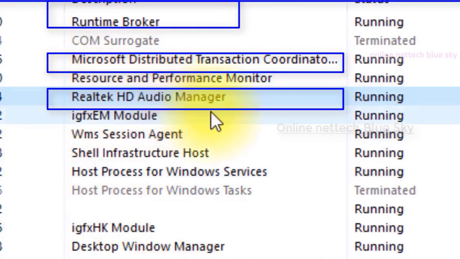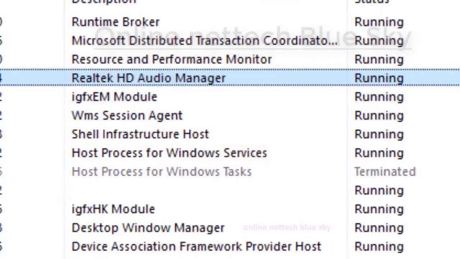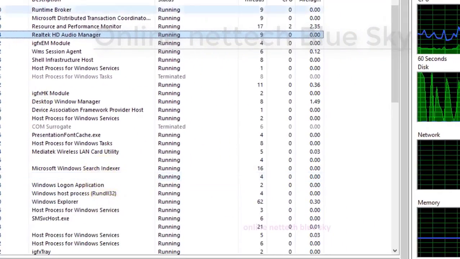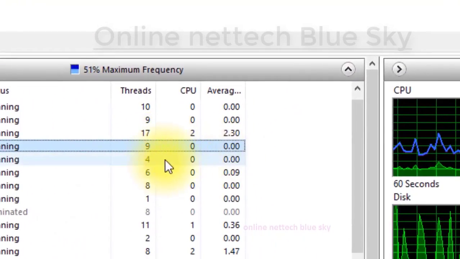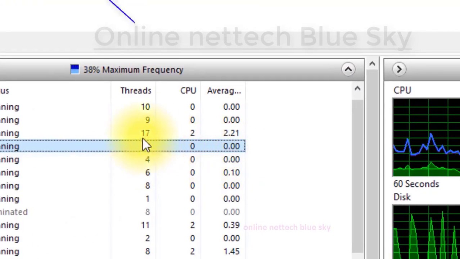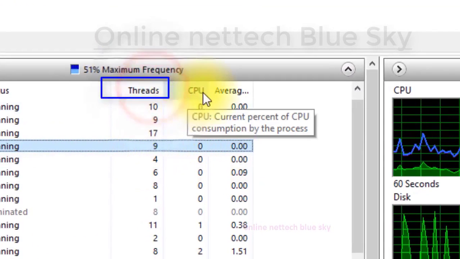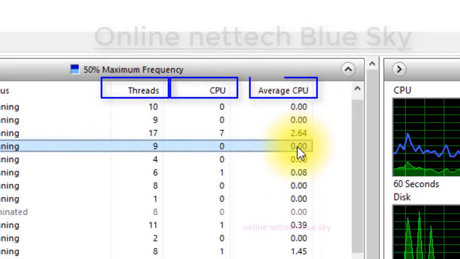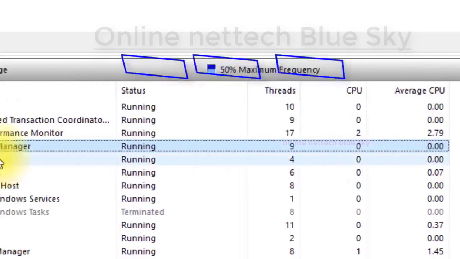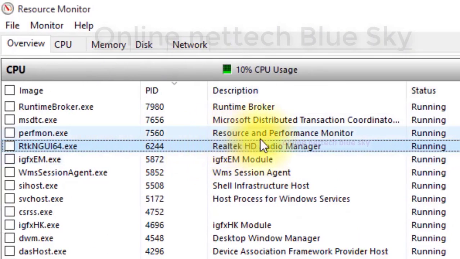You can see a Realtek HD audio manager. This is my audio system and audio services, and it is very important for audio. You can see thread means this tab is using CPU, how much CPU it is using, and average CPU means how much load is on your CPU.